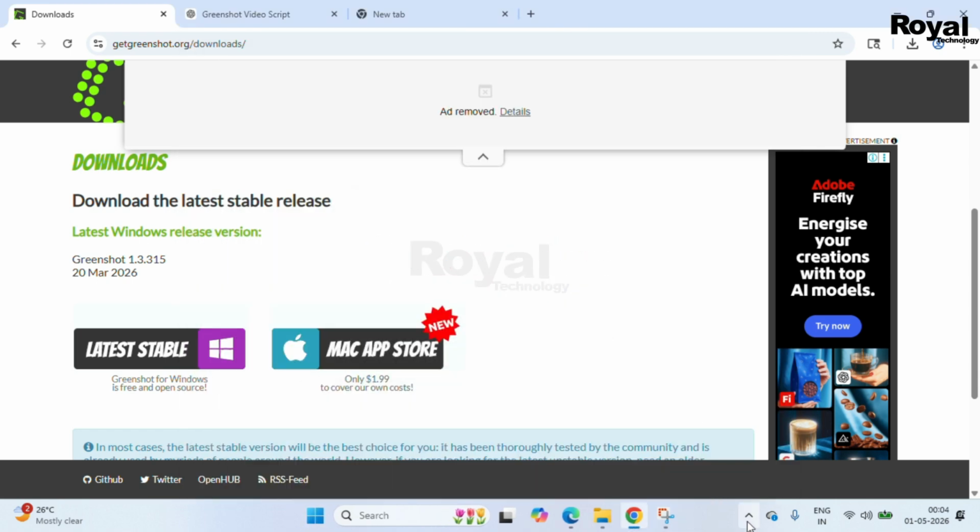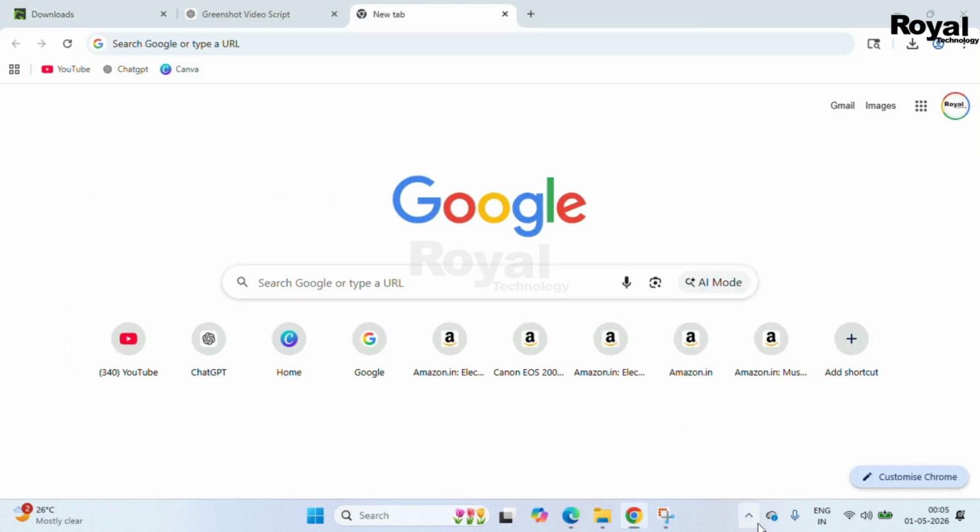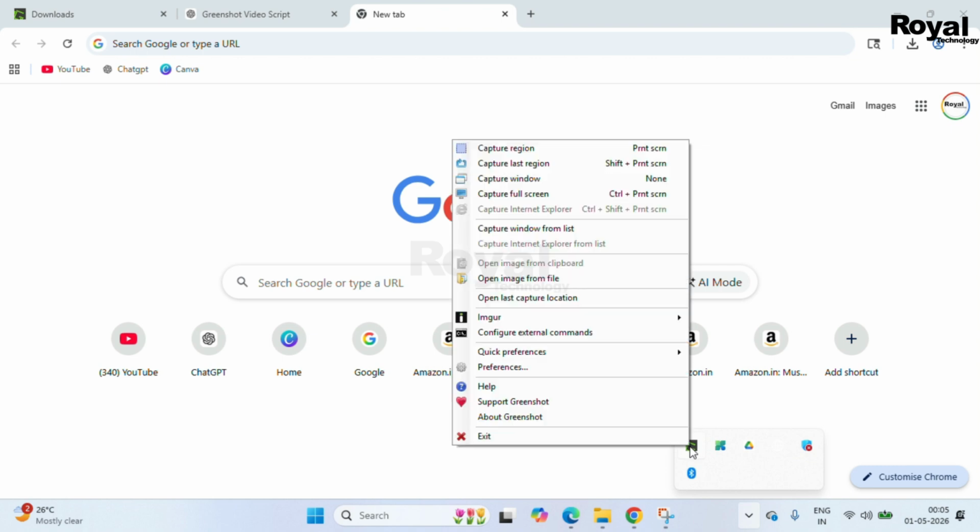Instead, click on the up arrow or the hidden icon tray, and you will see the icon here. Let me show you how you can use it. If you click on this application or right click, you will see these many options. I will show the important options only, and you can check the others one by one.